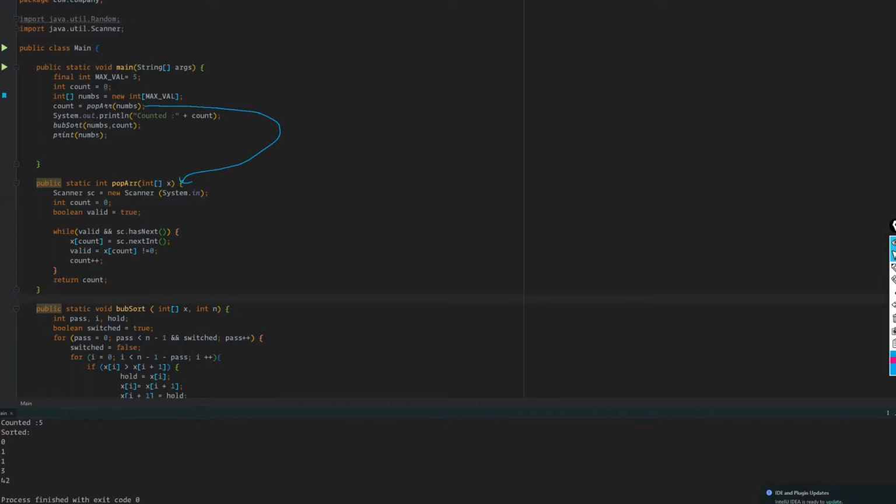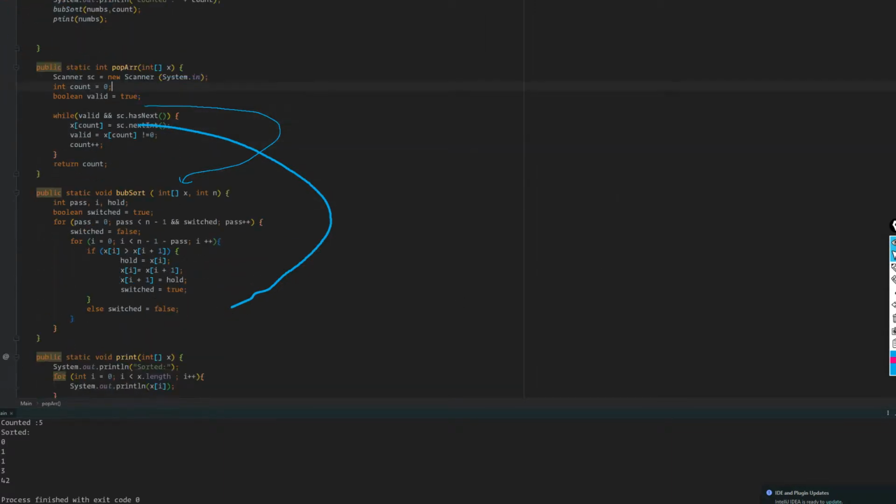So we return the count, and now this count is assigned to the literal value of count, which is an integer, which is the return type. And we're going to print out the count. Now we have another method that's going to send us way down to here. Now, if we go ahead and check this guy out while those arrows mess up,